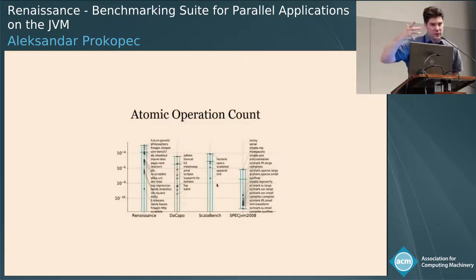Now if you look at individual metrics, so you don't look at the actual components but at the metrics that we believe are the cause for this, the thing that we saw is that we have a cluster of benchmarks here in Renaissance that invoke atomic operations much more often than all the benchmarks in these existing benchmark suites. So this seems like a nice candidate for taking a look at. This might be influencing performance, basically.